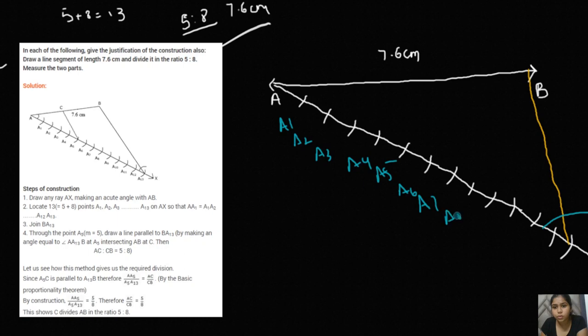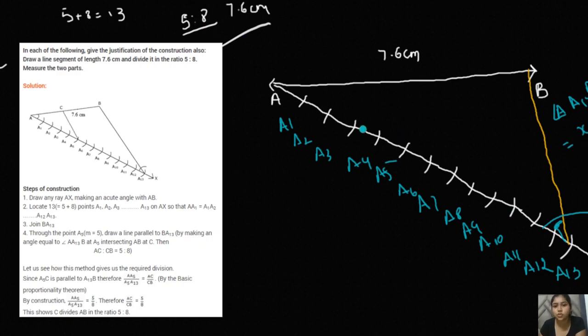People also thought that this step of construction is something very heavy. So no, the steps of construction are just what you write, whatever you are doing in the construction. You are in class 10th now, so I know that you will be able to write on your own. You just don't have to cram them, right? So you have to measure this particular angle. This angle is A13B. This is the particular angle. Let this angle be x.